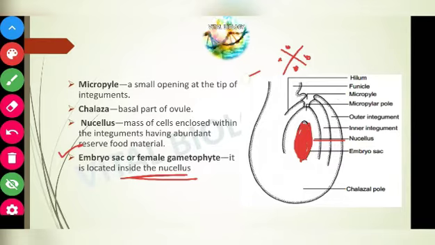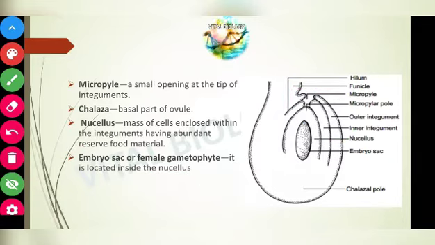So the structure is very important, and I guess two to three times they have given it in the KCET question paper. They ask what this part is. They'll just give an arrow mark and give options like A, micropyle, B, funicle, and C, hilum. In this way they will give the options and ask you to name the parts. This is a very important topic, that is the megasporangium.